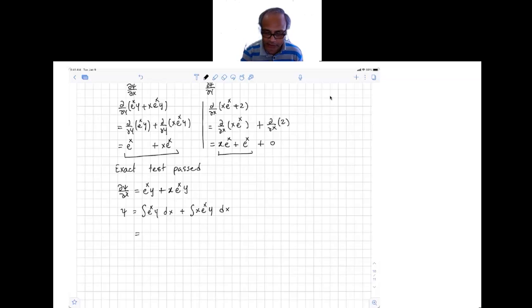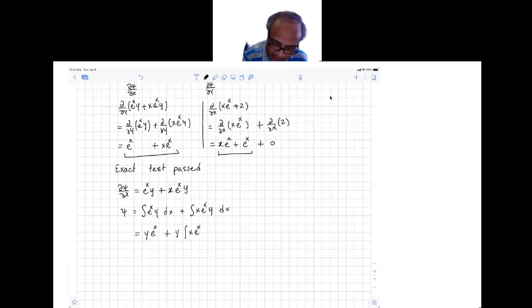It's because it is just the reverse process of partial derivative. When you differentiate psi partially with respect to x, you assume y is a constant. So if you integrate it again, then you assume y is a constant. So you take y out, integration of e to the x, or antiderivative of e to the x, is just e to the x, plus you take y. Now you have x e to the x, so perhaps you just write it down, x